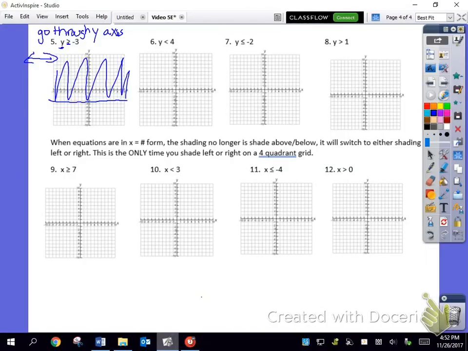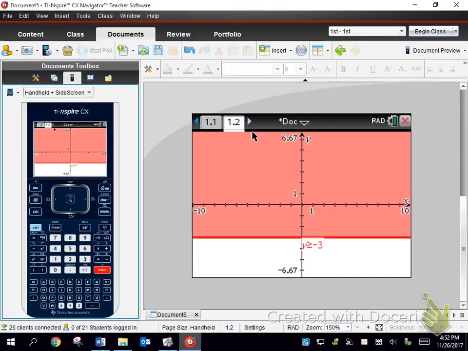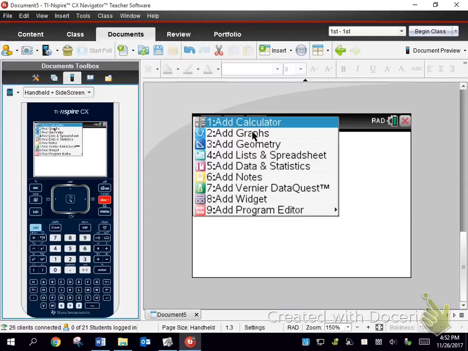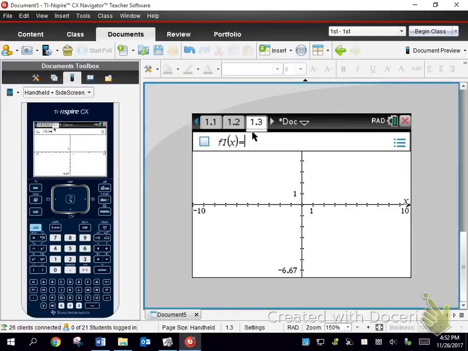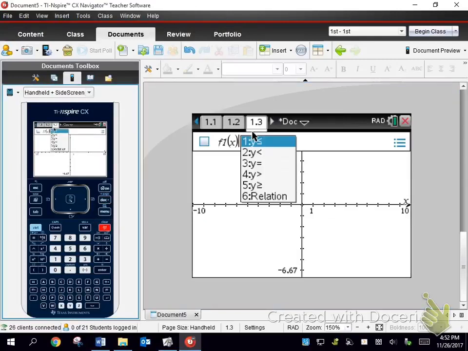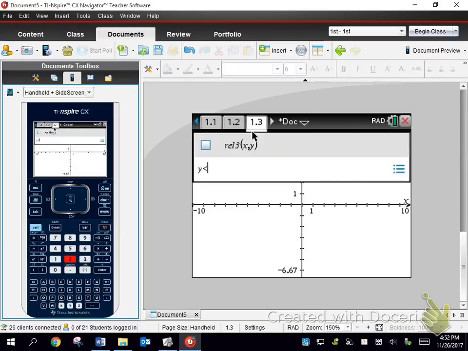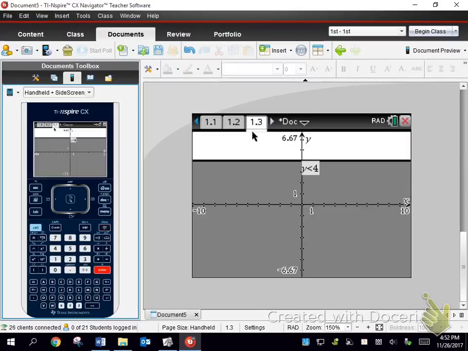Y is less than 4. So it is going to be dotted because it's a less than. So straight across, and less should be underneath. So if I go to my graph, Control Doc 2, and y is less than, so make sure you delete, that would be number 2, and it's y is less than 4, and hit enter, and it is